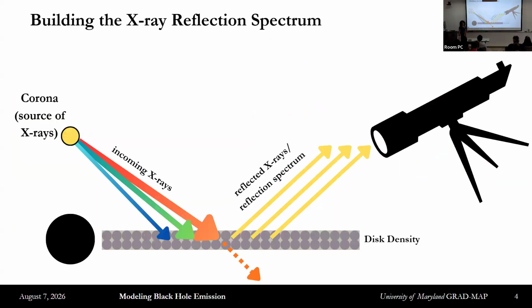The corona is constantly emitting many X-rays of high, medium, and low energy. Just like with water, some rays hit the disk and reflect, and by some fun interactions, which I'll discuss later, they reflect back to our telescopes. And also, some rays are absorbed straight into the disk. The collection of these reflected X-rays create what's known as the X-ray reflection spectrum. This raw data is gathered from telescopes and can be fitted into a reflection model. The model can then predict parameters such as black hole spin, inclination, and ionization, among many other parameters.